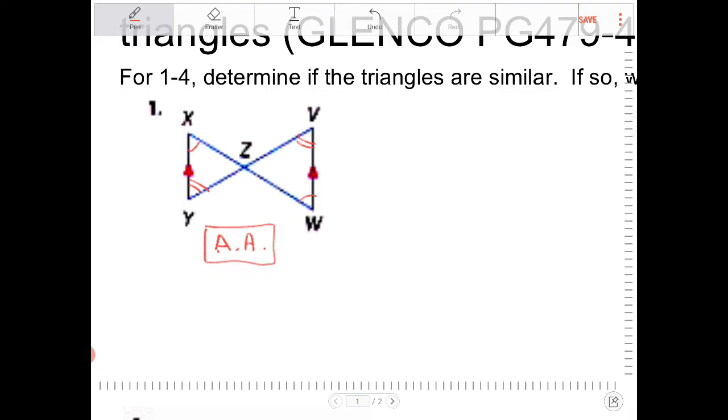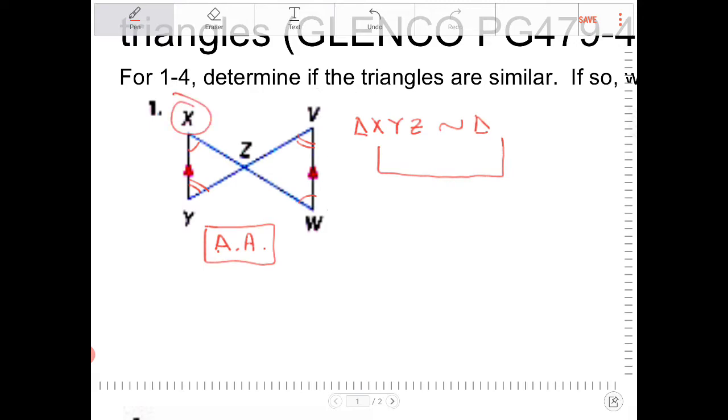Now we got to write a similarity statement. The similarity statement is triangle XYZ, and this part here is the tricky part. You do not say VWZ because all the angles on the other side of the similarity symbol, they all have to correspond. So X will correspond with,